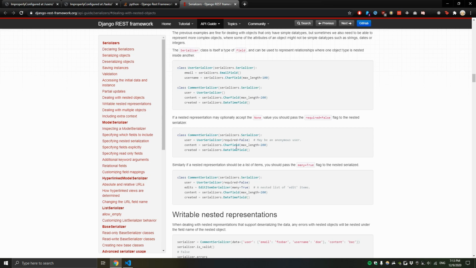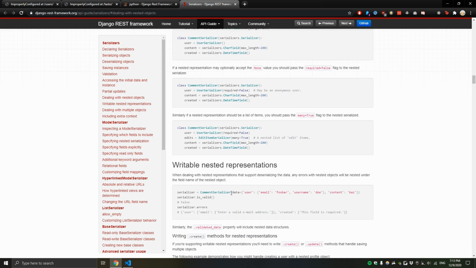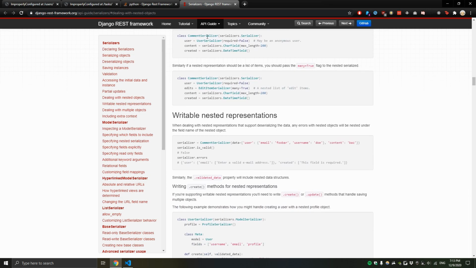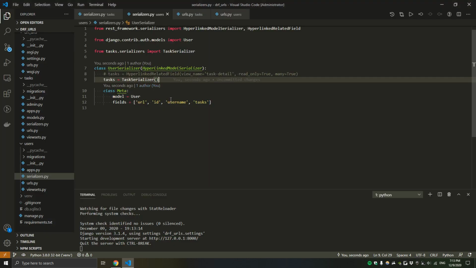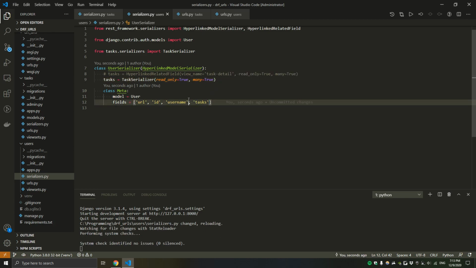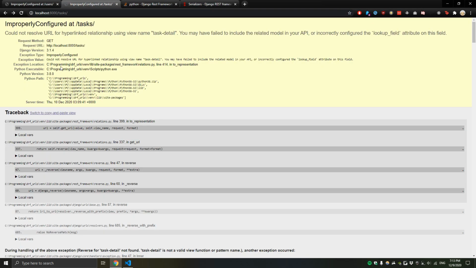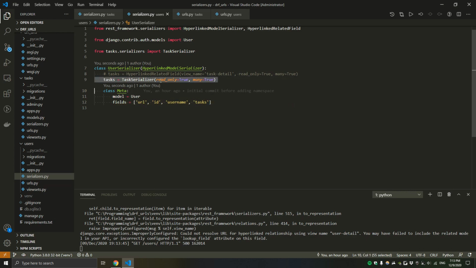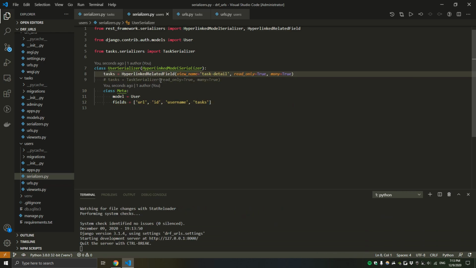and let's see, maybe I have to write read_only=True, many=False. I'll just try that. Yep, many=True, because remember we do want to return many tasks that the owner or the user has if they have one. So let's try it, and it still doesn't work. Okay, so I'm just going to put that back,